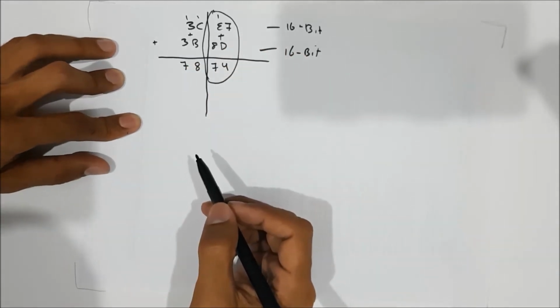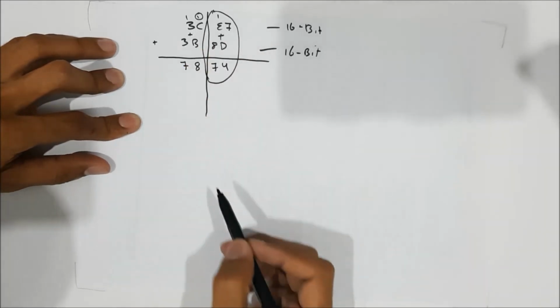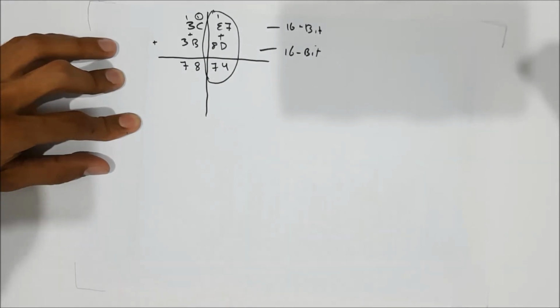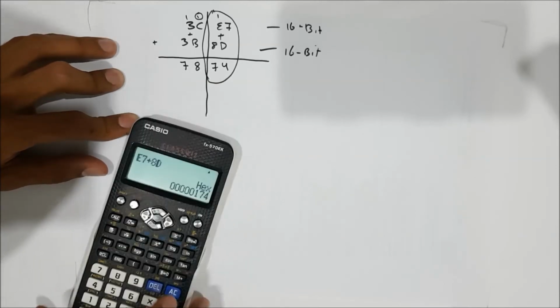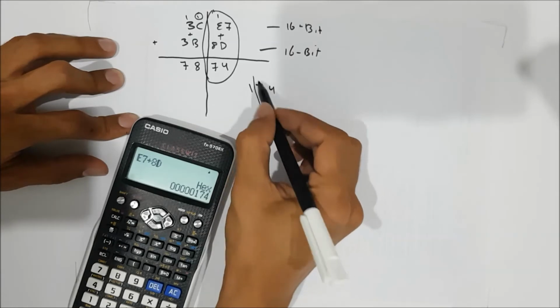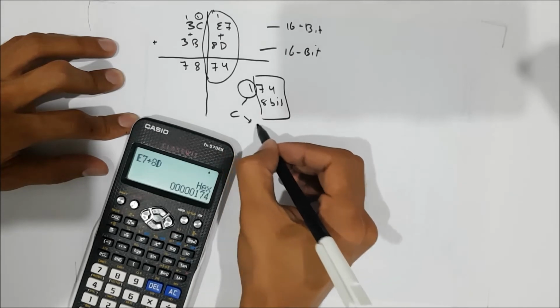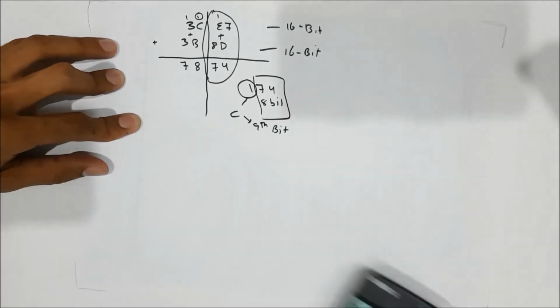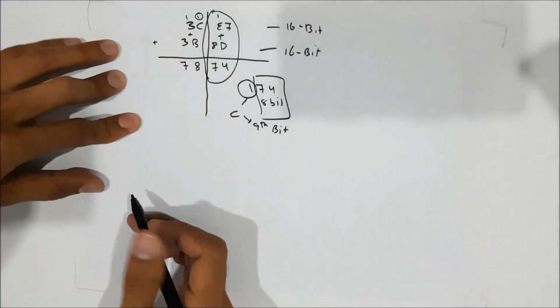If we see here, these are two 8-bit numbers and the sum is also 8-bit, but a carry is out. So if we do E7 plus 8D, we get 174. So this 74 is 8-bit and this 1 is the carry. This is the 9th bit and that has to be considered while adding two 16-bit numbers or even larger numbers in parts. Let's write a program to add these two numbers by parts.